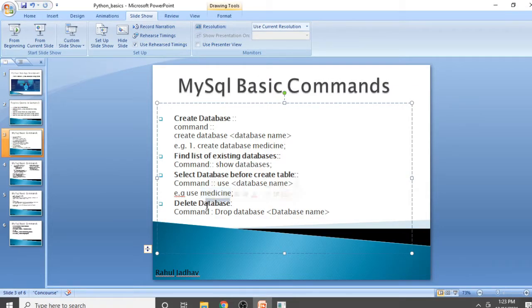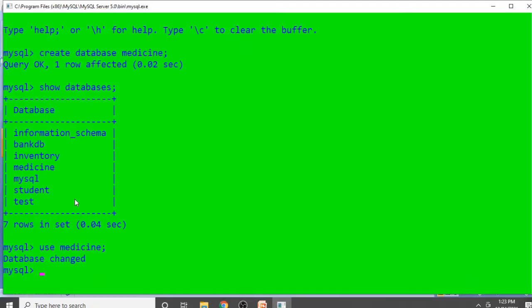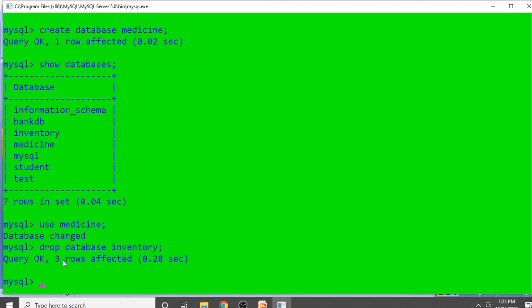The next command is delete database. If you want to delete an existing database, you can use the command drop database and the database name. Let's say you want to drop the inventory database from the available databases. You can use drop database inventory and press enter.